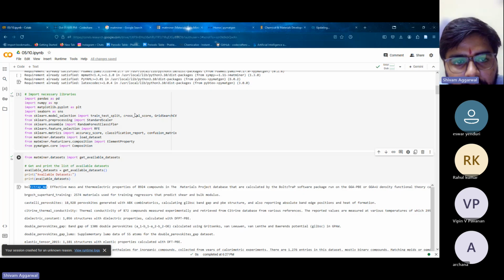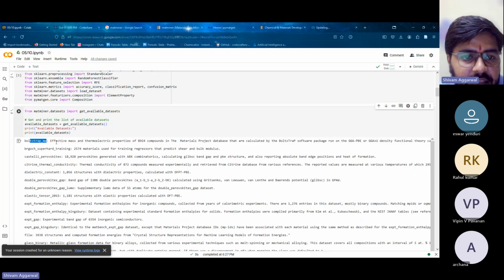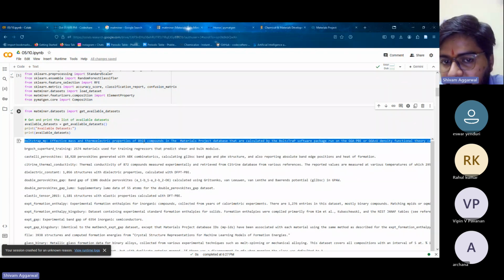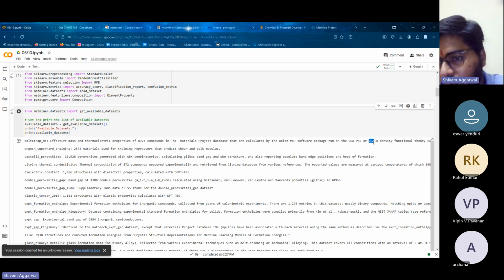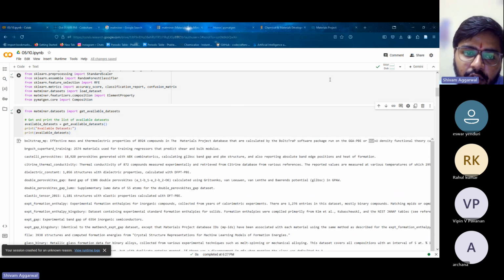I think this is getting some time. So this is the effective mass and the thermoelectric properties of the 8,924 compounds in the Matminer project database that were calculated by the BoltzTraP software package, run on the GGA PBE, which is a DFT-based technique, and the GGA+U. So this is the computational data which has the effective mass and some thermoelectric properties of these compounds